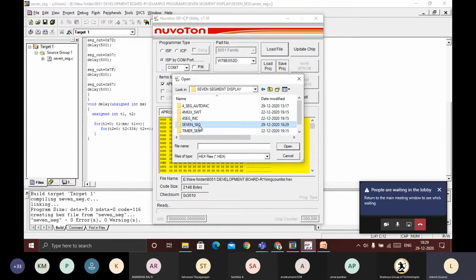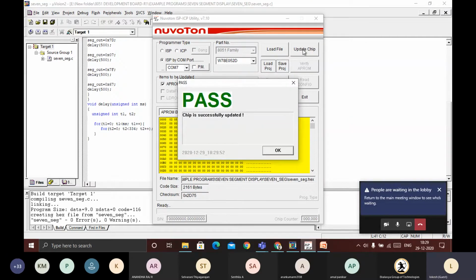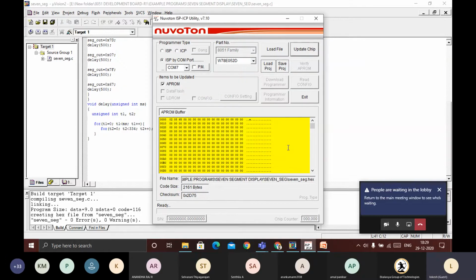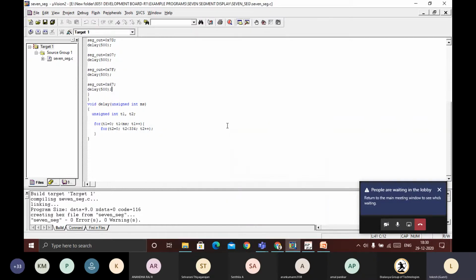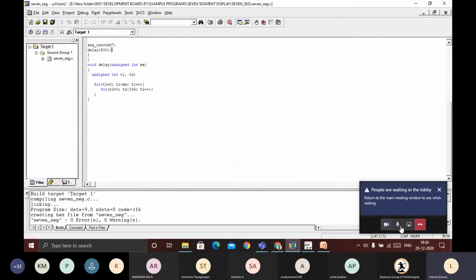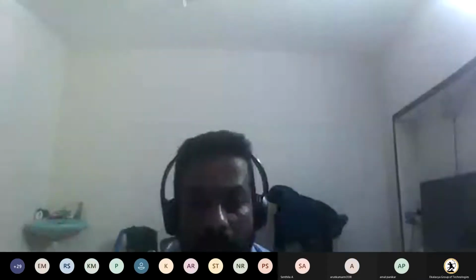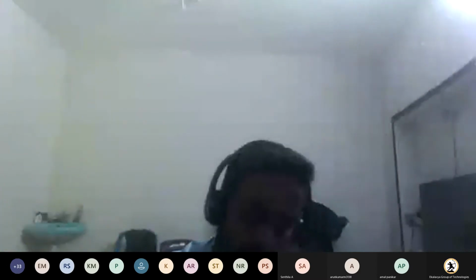Open it and update the chip. The use of the program is that it continuously gives the numbers. It needs to give continuous numbers, so that's how we have given the data here. I will show how it shows the numbers.